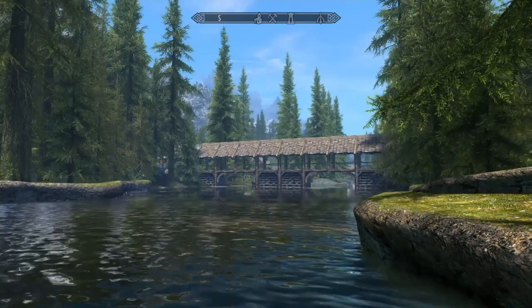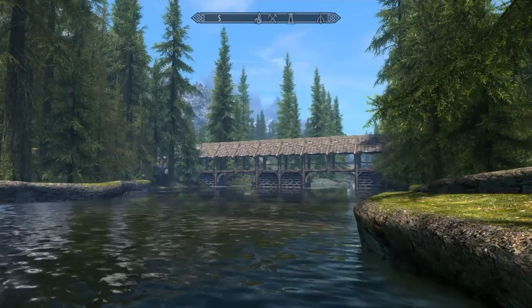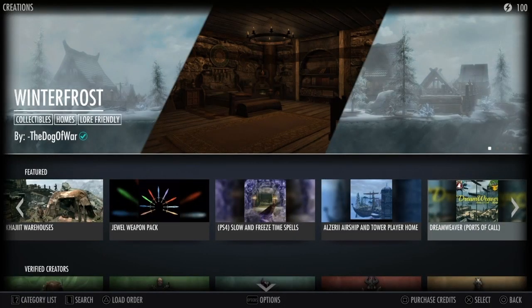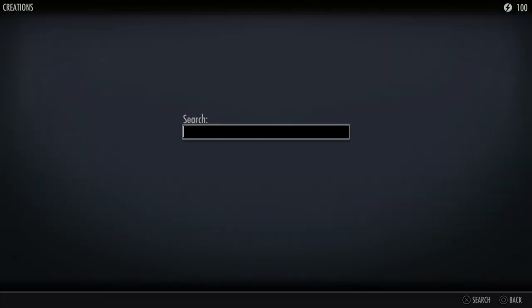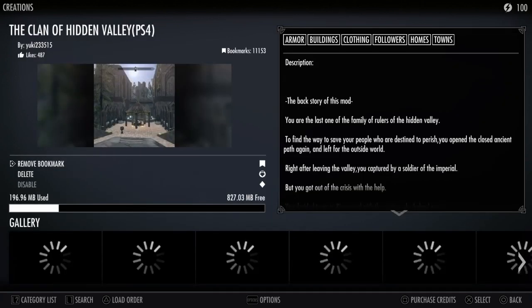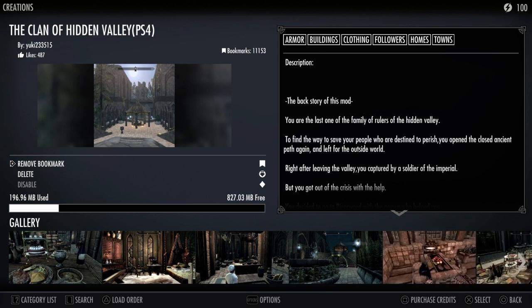In any case, let's find out how to find this mod, and then take a look at this absolutely amazing work of art. So in order to find this mod, bring up the search function with L1, and then type in Hidden Valley into the search bar. When it comes up, you'll see two options right here. One is in English and one is in Japanese. I will be using the English version, the name of which is The Clan of Hidden Valley PS4 by the mod author